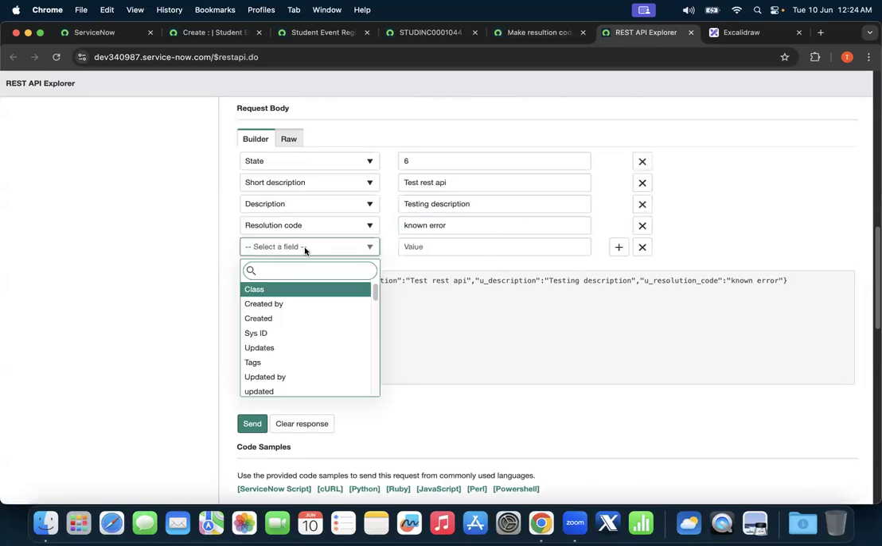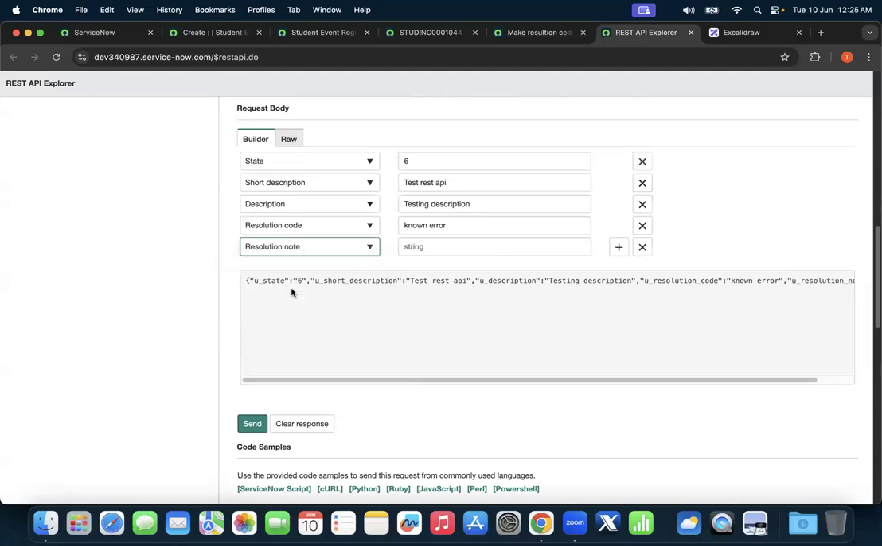And resolution note. Test. Now I have got this entire payload created. So where state is 6, short description is test description. The reason I would have was